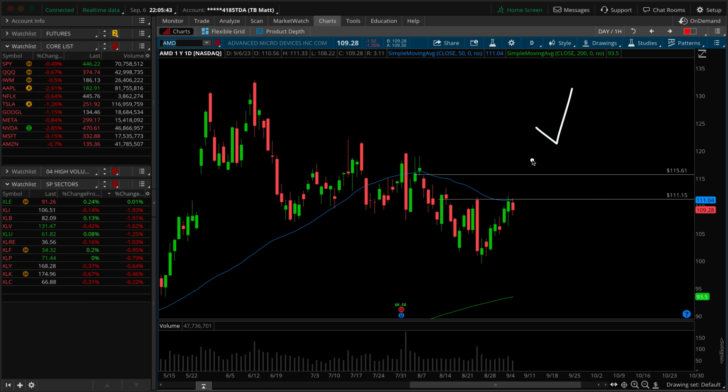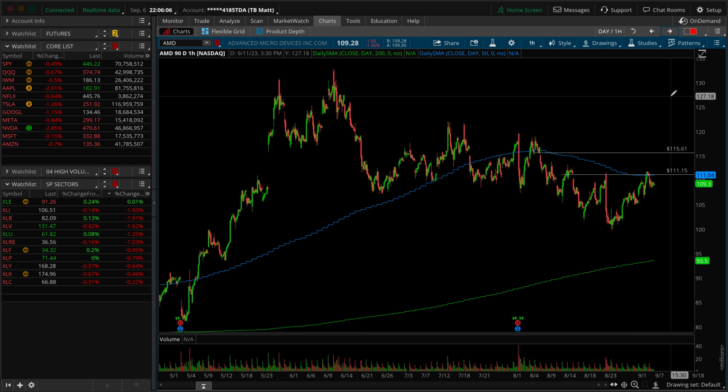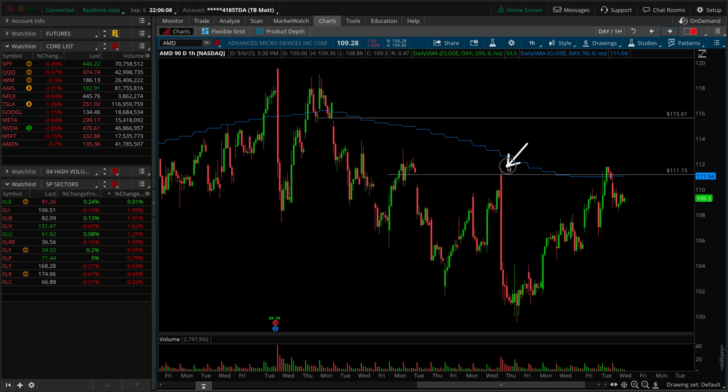Honorable mention to our good friend AMD. It's been a while, my friend, but you can see that we've got an inside bar on today's session as the broad market basically made a lower low, right? So if this wants to take out the equal high here, it's not the cleanest double bottom. You might just make the argument that it's an equal high break. We go to the origin of this breakdown from back here at 115.16, and that breakout is up and over 111.15. If we take a look on the hourly time frame chart,